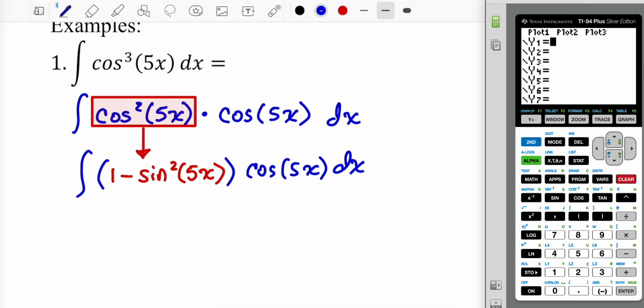Well, if I have a choice in the matter, I'm going to go with the simpler approach, and then if that doesn't work, I'll try something more complicated. So U-substitution. Well, in U-substitution, we know that we like to swap out the more complicated piece. But in addition to that, we need whatever we select as u to differentiate in such a way that it'll help cancel out the thing that we did not select as u. All right, so if I make the entire 1 minus sine squared 5x into u, that's going to be a